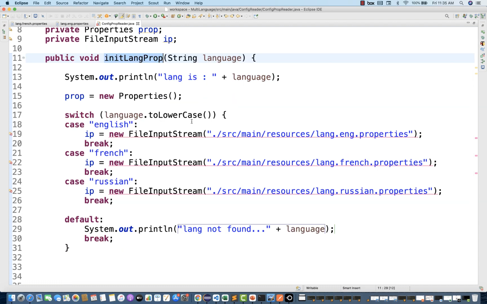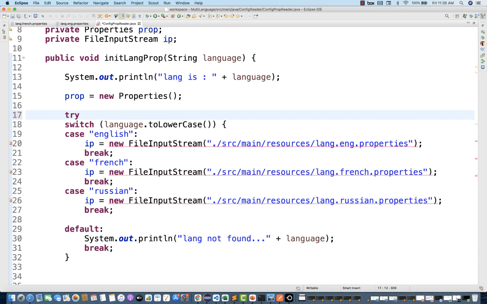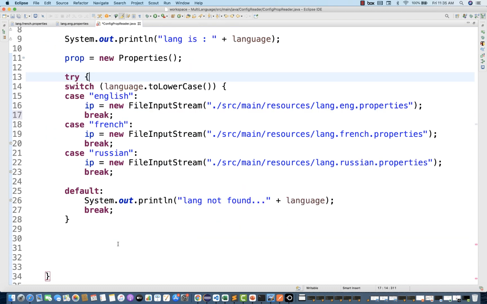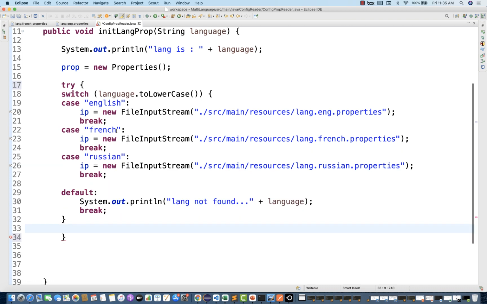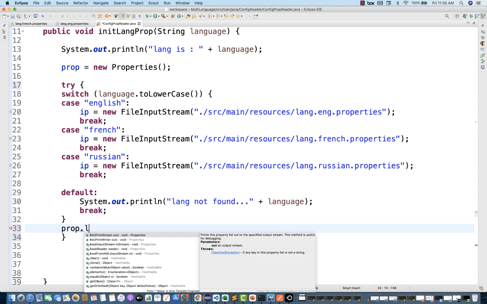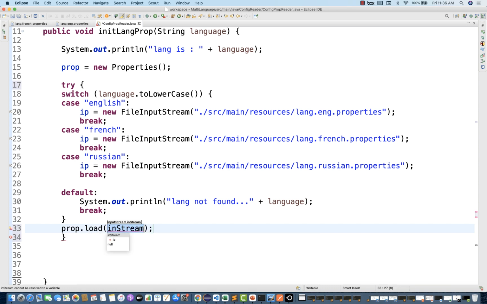So what I'll do is write this entire switch block inside the try, and just close it over here. One more thing: once you make the connection, the stream over here, now you have to load the property. So I'll simply use the prop.load method, and I'll pass the respective input file input stream class